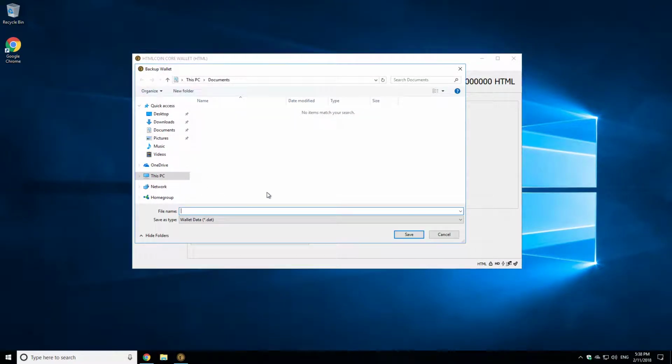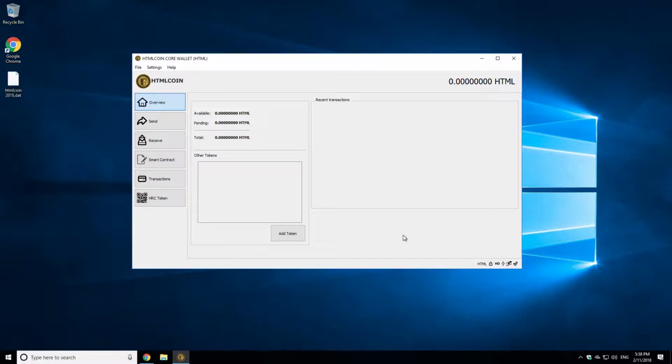I'll choose an easy location for this backup. I'll choose my desktop and I'll give it a sensible name. Choose Save. And you can see that on my desktop I now have a HTMLCOIN